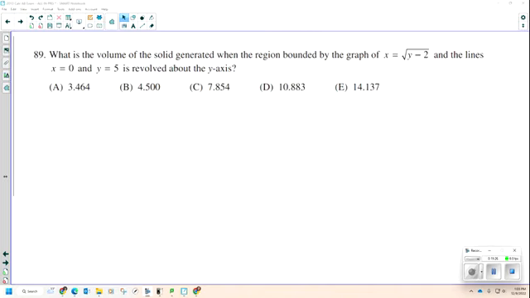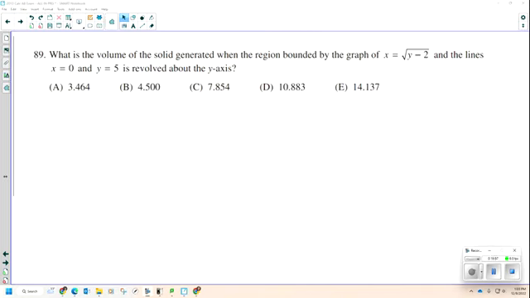Number 89. Ooh, giddy up. This is a good problem. What is the volume of the solid generated when the region bounded by the graph of x equals the square root of y minus 2 and the lines x equals 0 and y equals 5 is revolved around the y-axis,